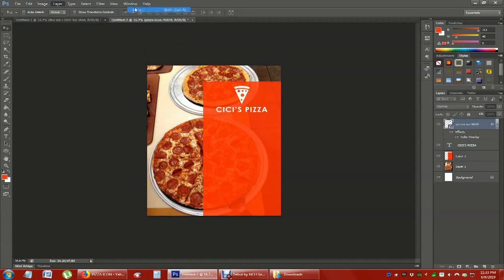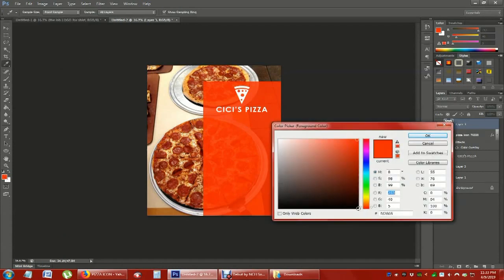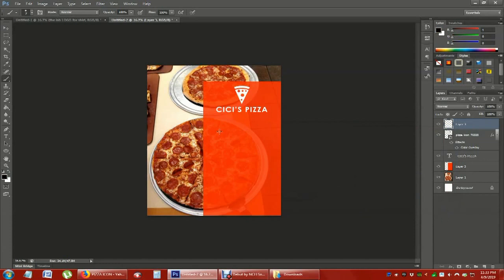All right, so we'll create a new layer here, and we're going to add some elements here. We'll use the brush tool. We'll start with the size 7 brush, change the color to black, and holding the shift key will create a line by just dragging. That line's a little too small,